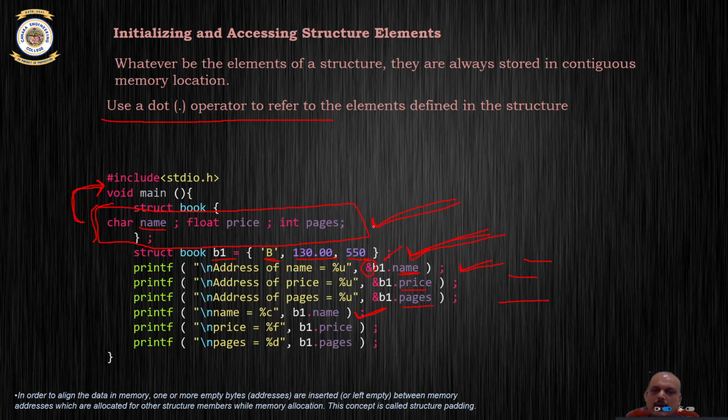So the total memory required to store this information individually is 9 bytes. However, when you put it inside a structure, the entire size of the structure might be a bit more than what is required to store them individually. This is because the compiler needs to basically align this data one below the other in continuous memory locations. So it does some kind of padding so that we have a proper alignment of these data. So this is called structure padding. So that's it about structures. Fine.